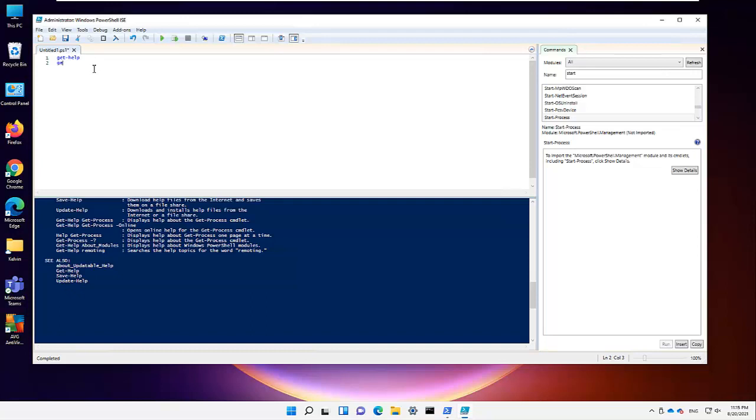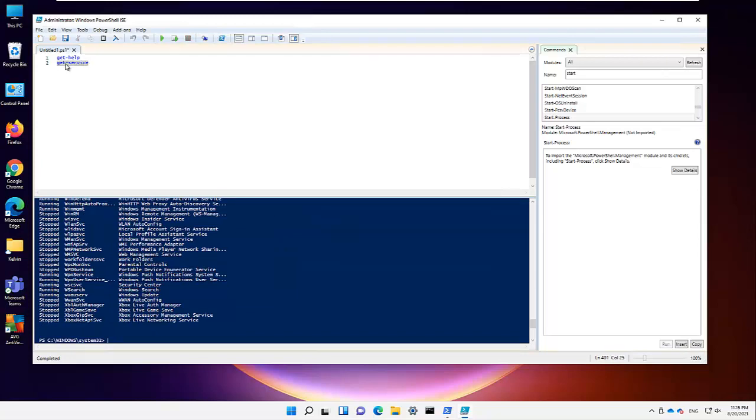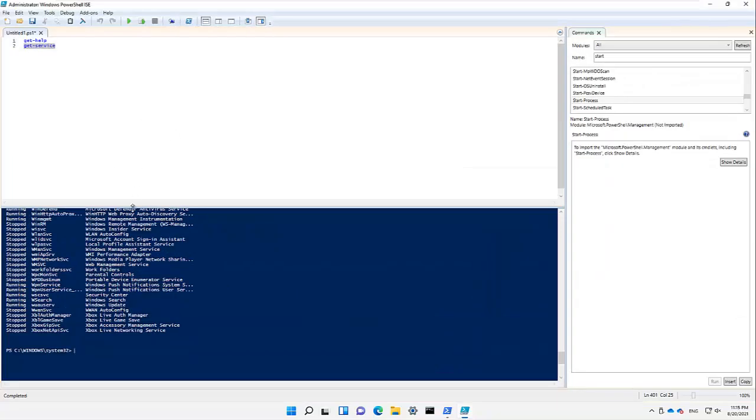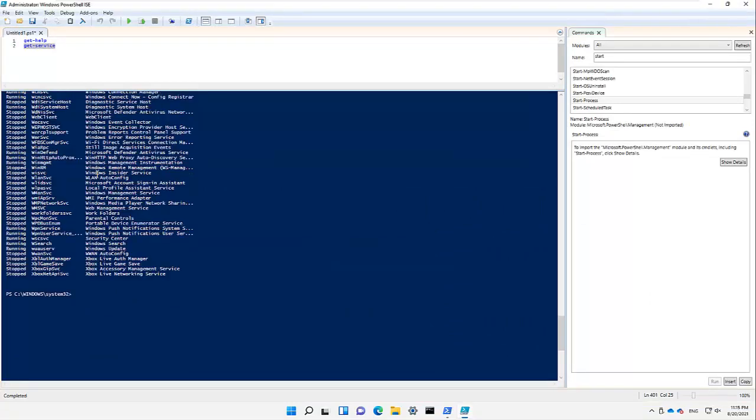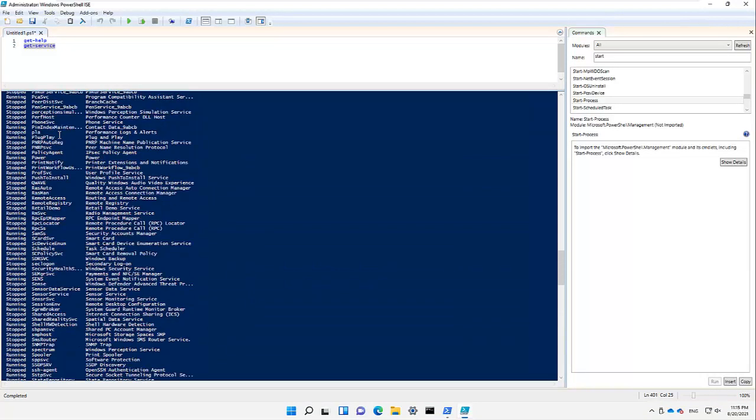So if I say, for example, I type get service, and right now if I try to run the script, what is going to happen is it's going to run both scripts at the same time. But I just only want to run this very script. So what you need to do is, if I go to the script here, you can see run selection. If I click the run selection, it's just going to run this script only. And you can see at this moment, let me try to enlarge this. So it's going to actually give me all the different services which are running or which have been stopped